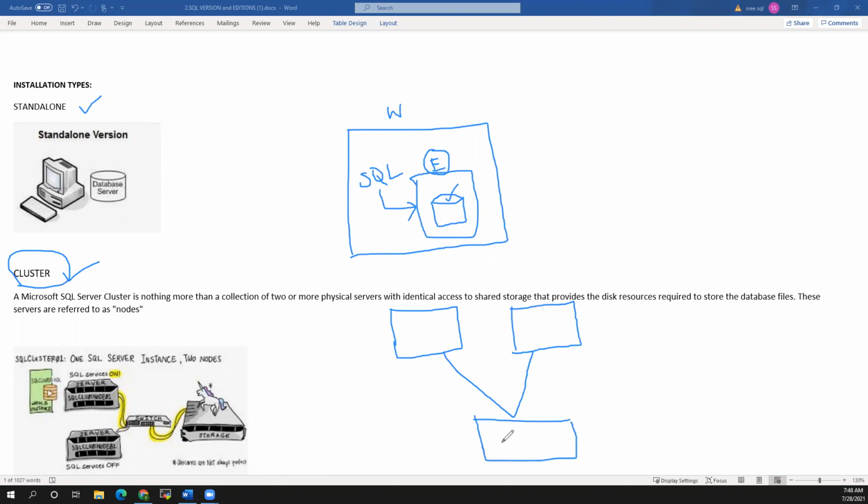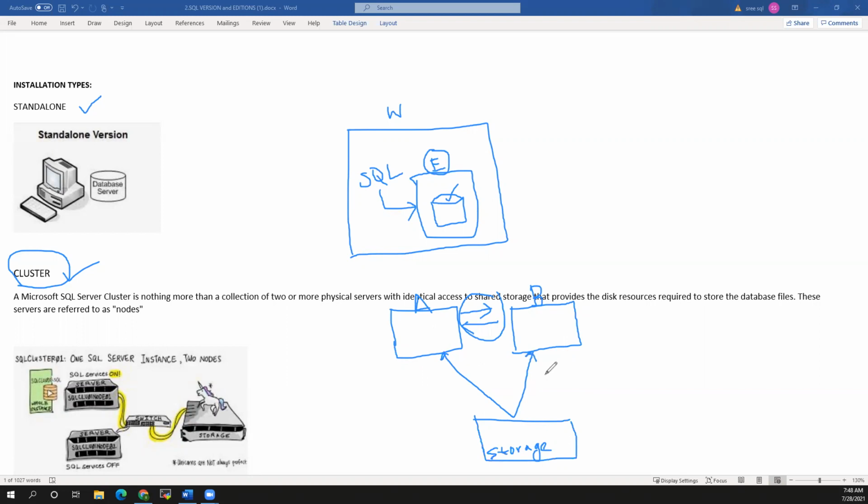So this is our storage. This is server A and this is server B. Server A and server B are both communicating with each other through one private network.